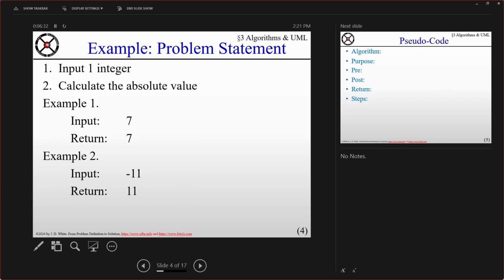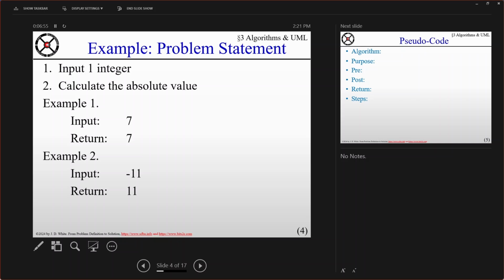So for example, if I input 7, my algorithm should return 7. If I input minus 11, my algorithm should return 11, right? Because the absolute value of minus 11 is 11. Okay, that's